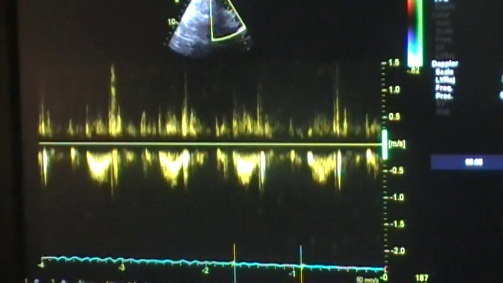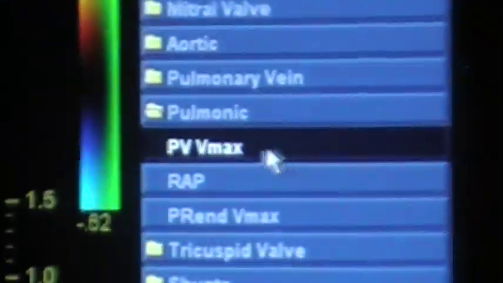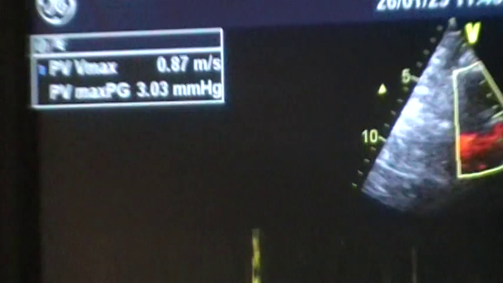Okay. So normal is below the baseline? Yes, because it's going away from your probe there. Gotcha. Yep. So we're going to come up and do pulmonic. PV Vmax is just going to give us a maximum velocity here. And pulmonic normal flow should be during systole because it's open the same time the aorta is. Any insufficiency will be up here. I don't see anything to measure. So,